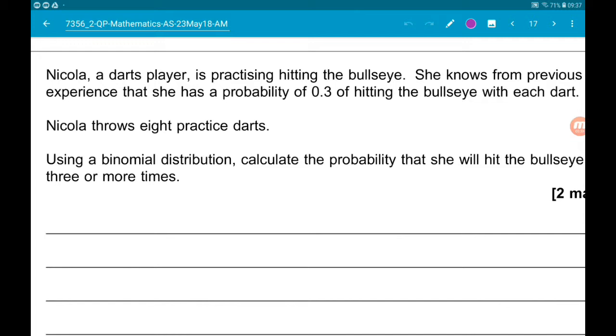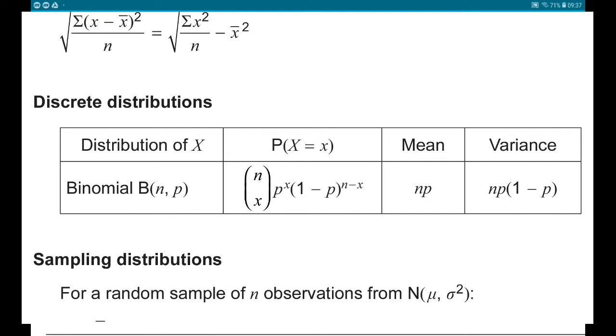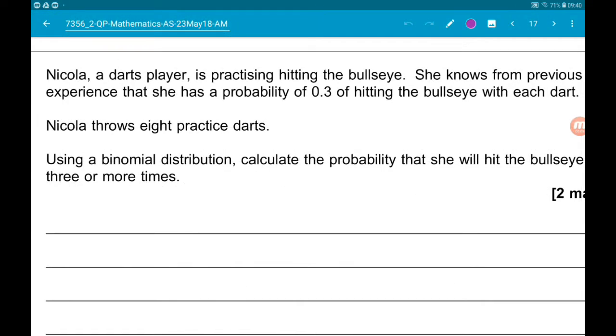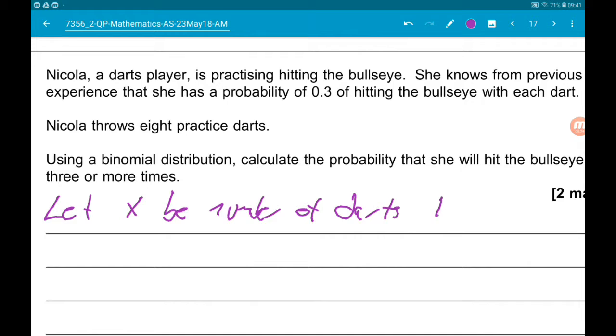So we are given the binomial distribution in the formula sheet. Here it is. But what this doesn't show us is how to set up a binomial distribution. So if we let x be the number of darts hitting the bullseye,